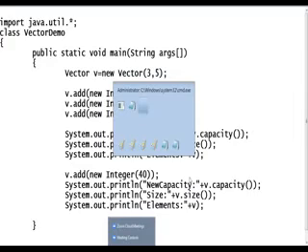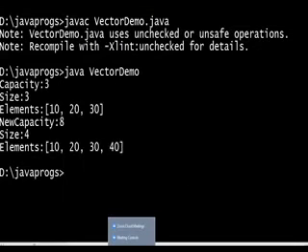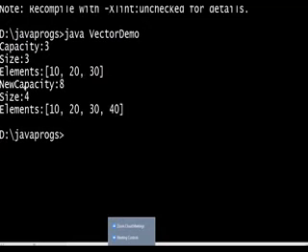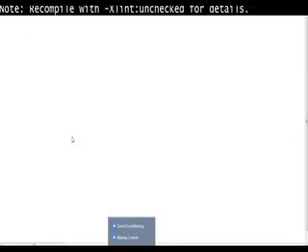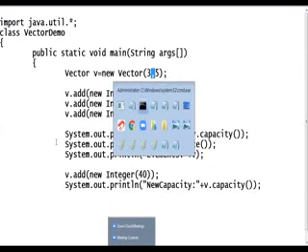Let's check it. When I create a 4th element, the new capacity is 8, because the size extended by 5. I have given 3 comma 5. If I give 3 comma 5, 5 will be added. Now the new capacity is 8. Size is 4 elements. If I add the 9th element, again 5 will extend, that is, 5 capacity will be added. A new object will be created. Like that, we can call these methods, guys.